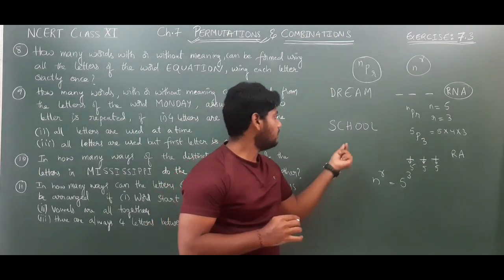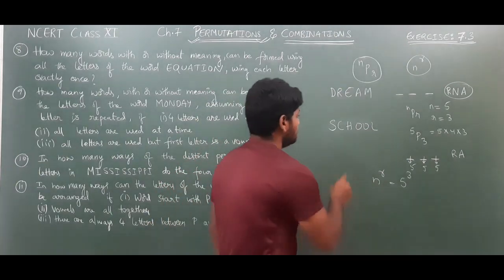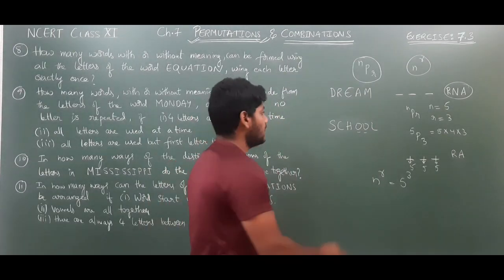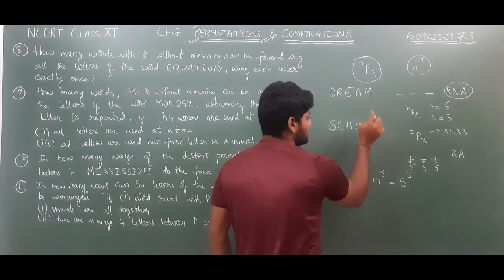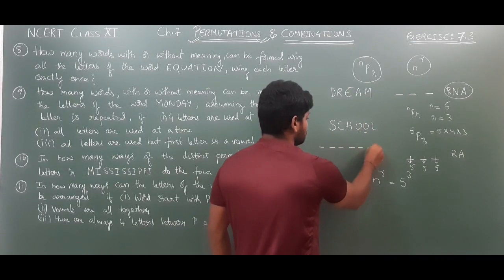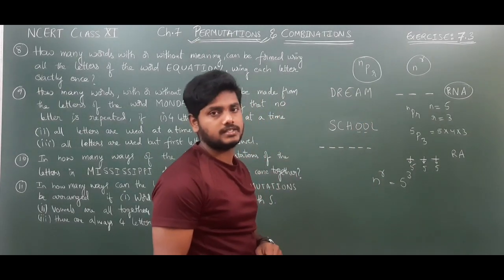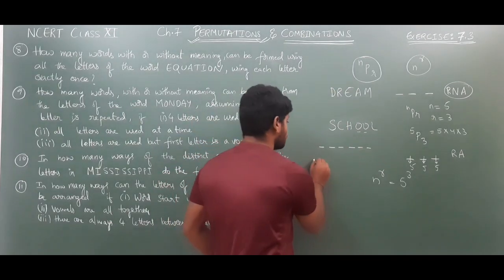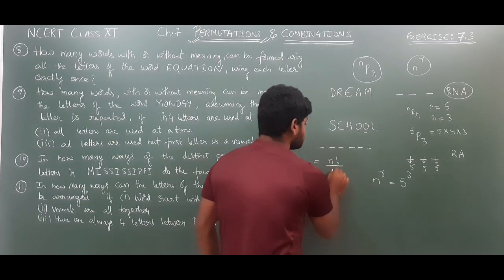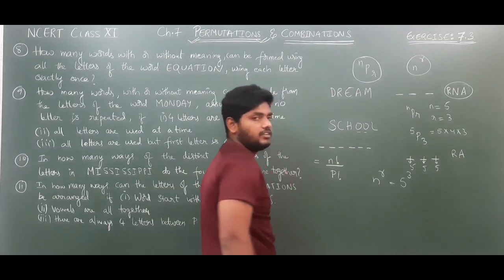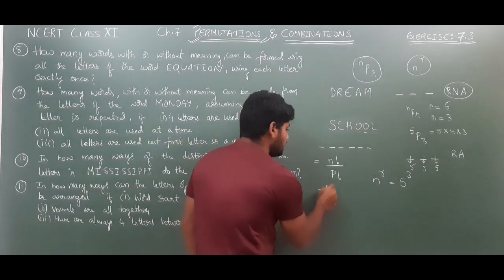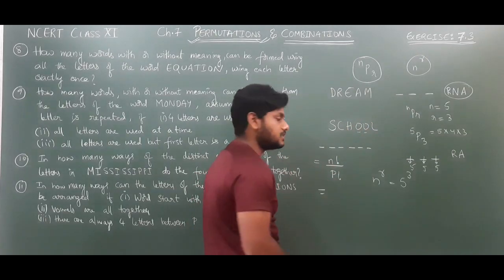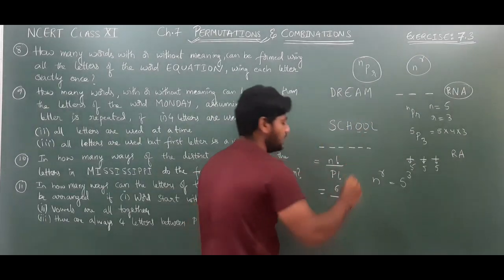Instead of that, if we have the same letters, like in this word, O repeated 2 times. Again, using these 1, 2, 3, 4, 5, 6 letters, we need to form a 6-letter word, for example. Then the formula we need to use is n factorial by p factorial. Here n represents how many letters we have: 1, 2, 3, 4, 5, 6. We have 6 letters. So 6 factorial divided by